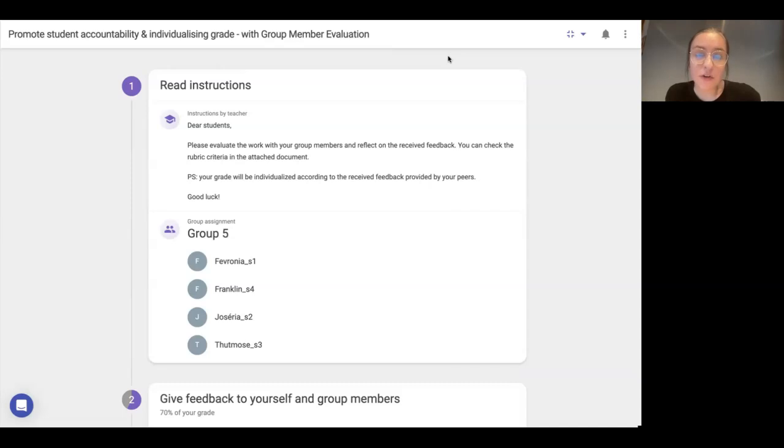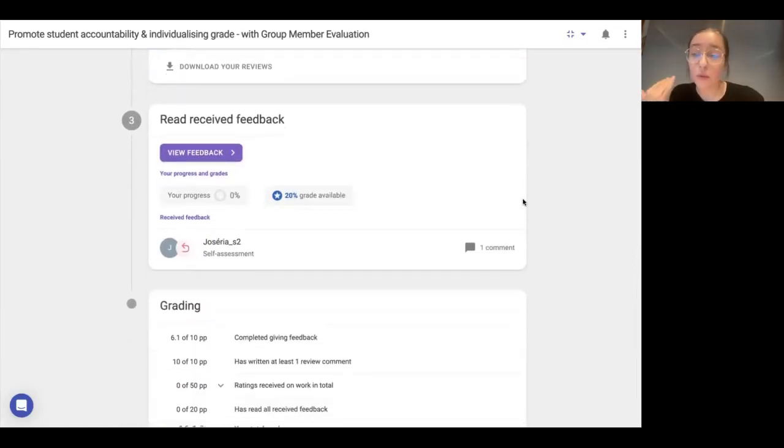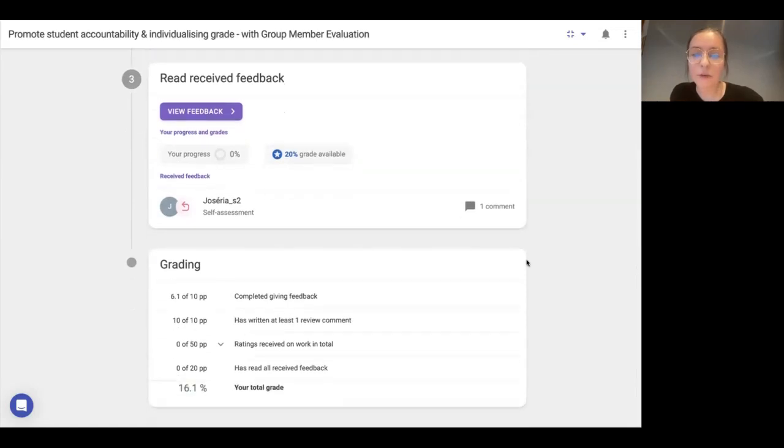When the students first come into an assignment that is published, they will read instructions and they will see if this is a group or individual assignment. You have options to do both. It really depends on your use case. In this case, we are asked to evaluate ourselves as well as 3 of our group mates. Then the moment to provide feedback will come. And the next step will be to read the received feedback, after which you can finalize the assignment with a